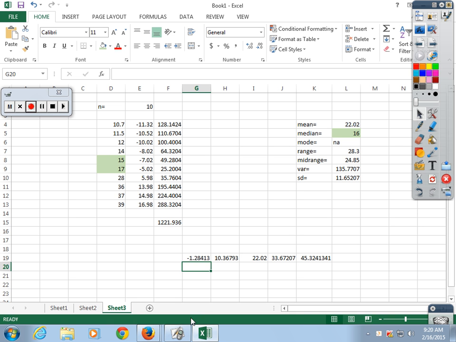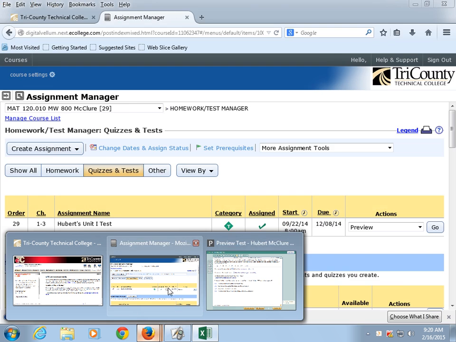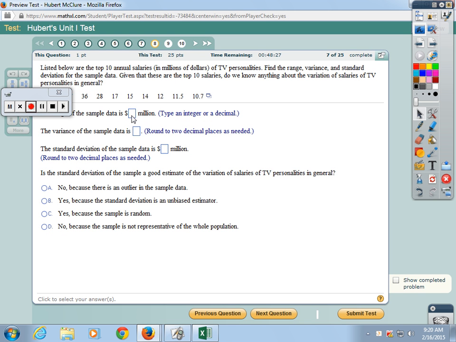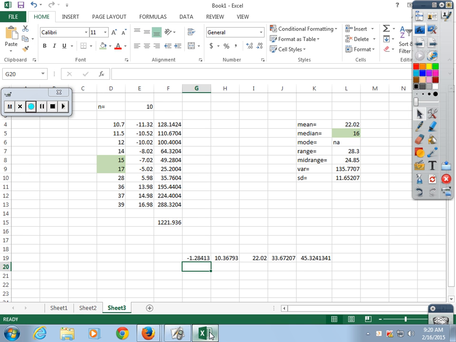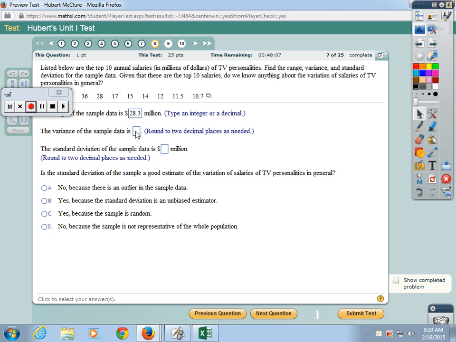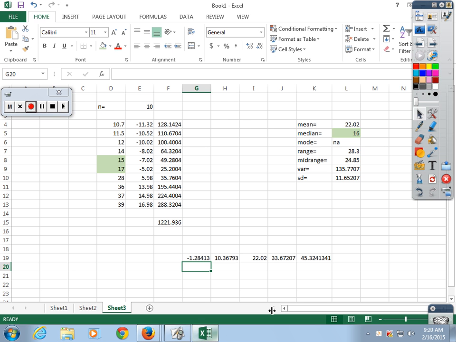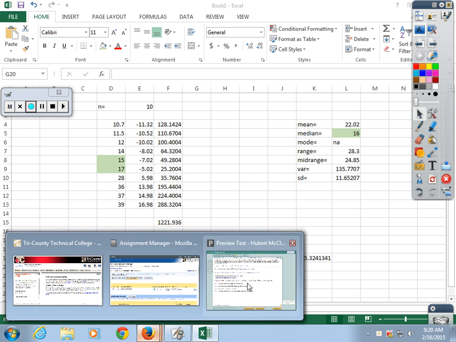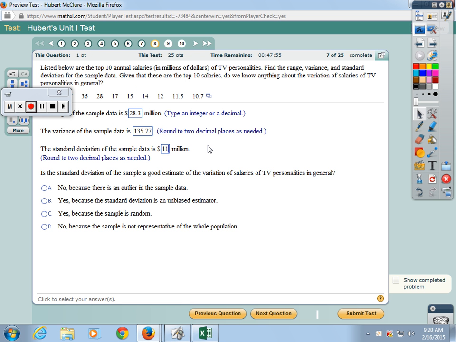And let's see what they ask. What was the range? 28.3. Variance. I just told y'all to write that down. Oh well. 135.77. Standard deviation 11.65. No, that's alright, I got it. Is the standard deviation